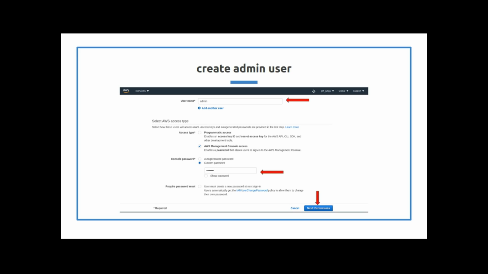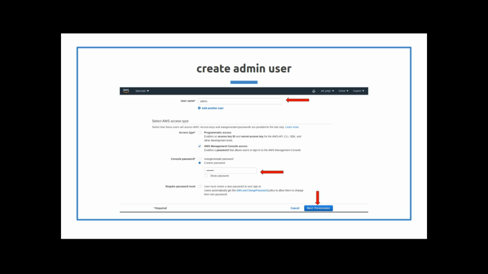So you put in the name, you put in the password. For this demo, I'm going to keep "user must create a new password on sign in" turned off. But if you were to make it a real user in real life, you might want to turn that on so that when they're signing in, they get to their own custom access.